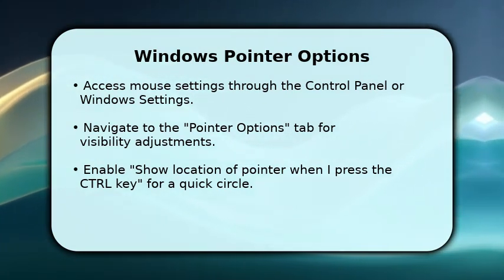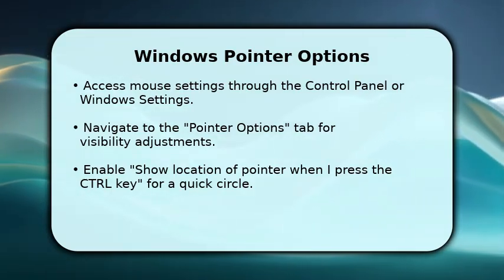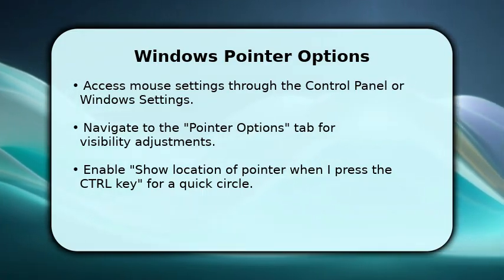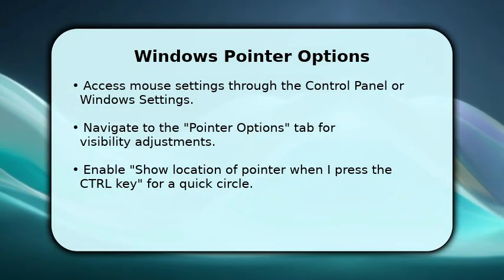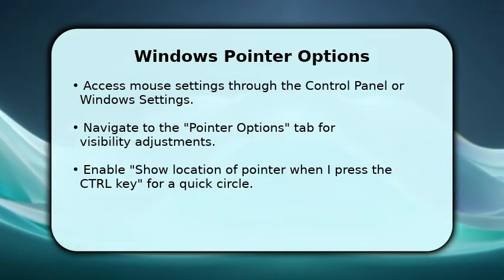within Windows Settings. Once there, look for the Pointer Options tab. Here, you will find a checkbox labeled Show Location of Pointer when I press the Control key. Activating this feature will display a temporary circle around your pointer whenever you press the Control key, making it easy